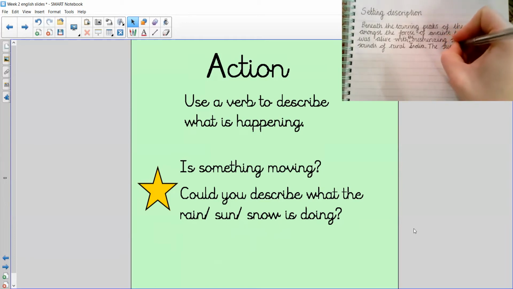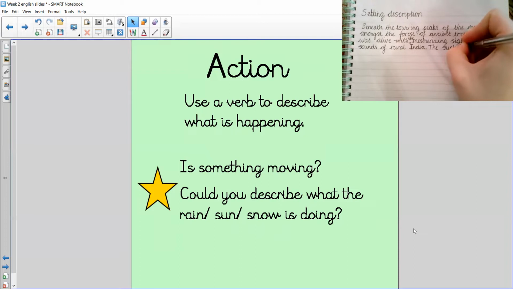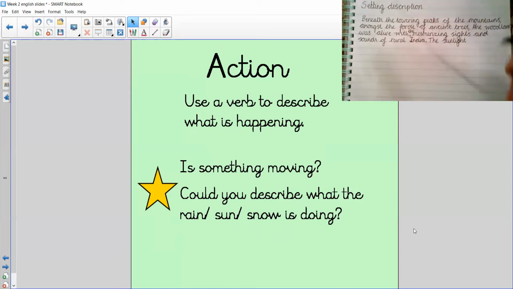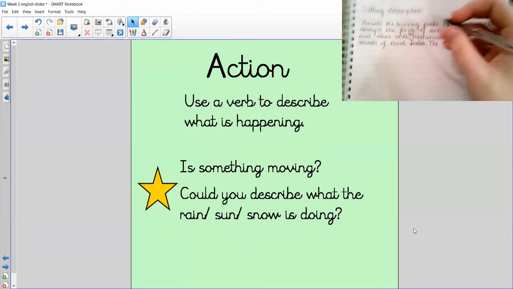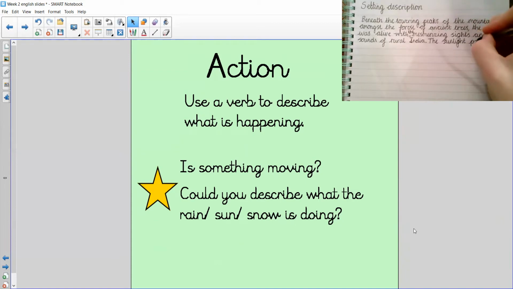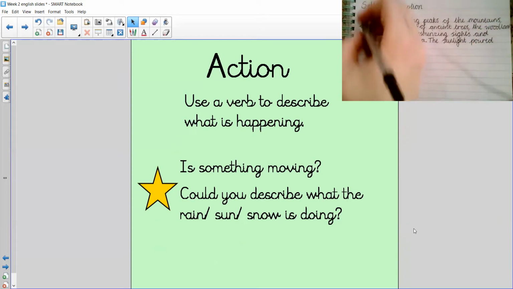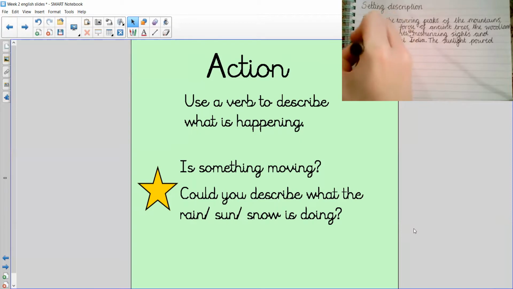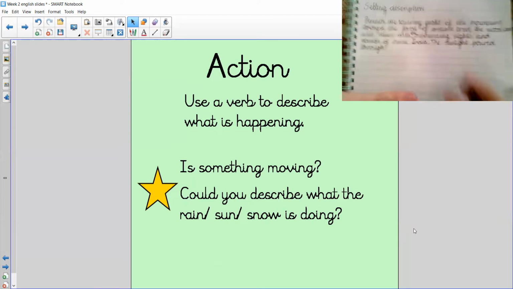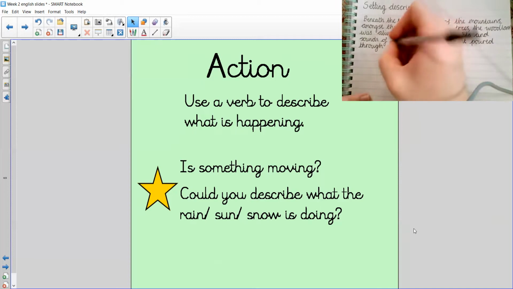Thinking back to my scene, it was snowy, but it was also sunny as well. Okay, I want to create that image for the reader of it being kind of cold and crisp, but sunny. So I'm going with the sunlight poured. Imagining being in a forest, I've never been to a forest in the Himalayas, but I have been to a forest in other places, and I can imagine the sunlight pouring through the leaves. Okay, but I'm going to go with pouring through the forest.